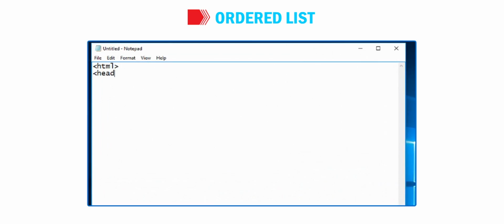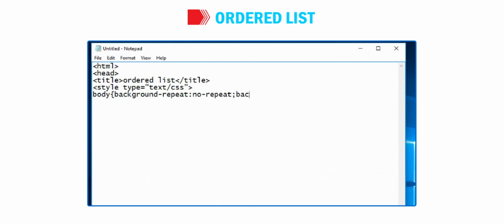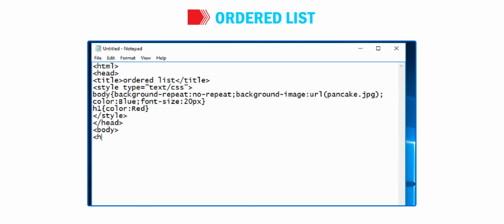<html><head><title>Ordered list</title><style type="text/css"> body {background-repeat: no-repeat; background-image: url(pancake.jpg); color: blue; font-size: 20px;} h1 {color: red;} </style></head><body><h1>Recipe for pancake</h1>